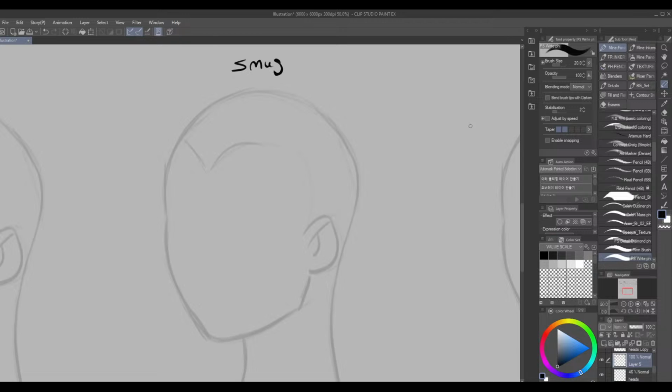I feel like it always helps to have a different angle of the face as well. Because if it's a smug person, they're looking down on you. So I guess, but for something limited to this,